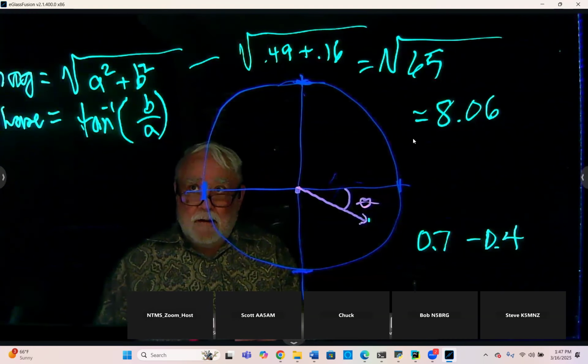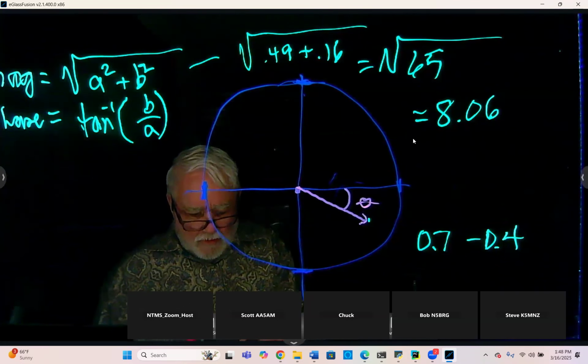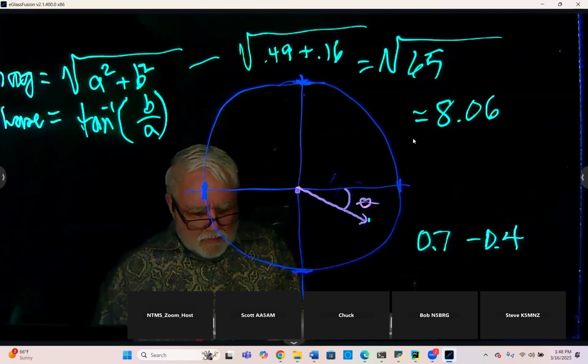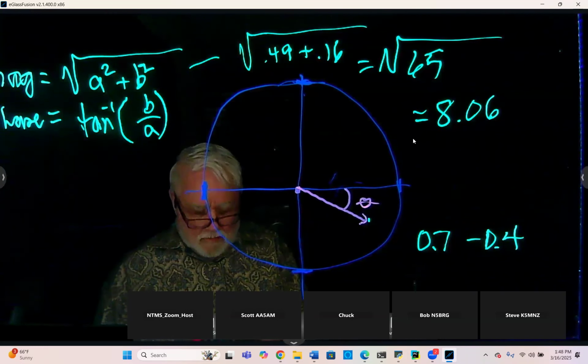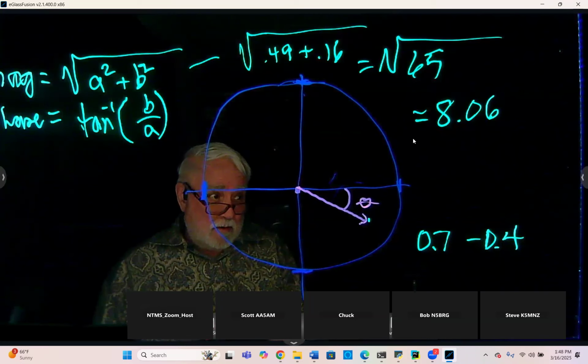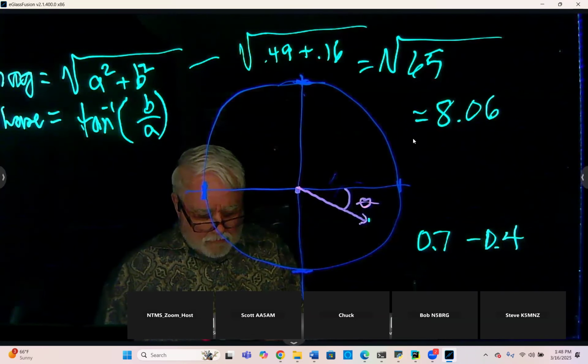So if I want degrees, I have to specifically tell it I want degrees. I've got a Casio 300, so I have to hit shift mode setup and then select 3 for degrees. And now I'm in degree mode and I can say B, which is minus 0.4 divided by 0.7,